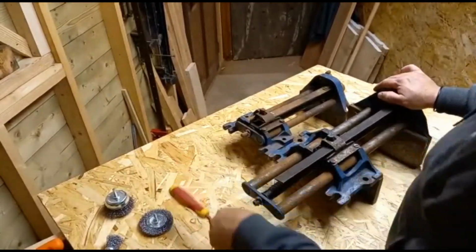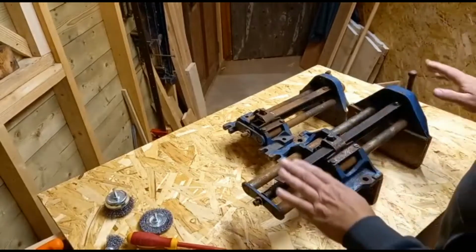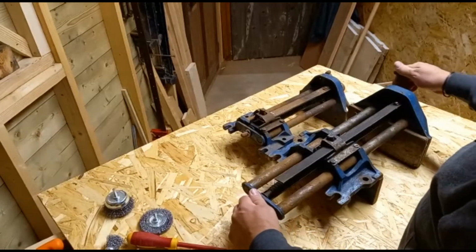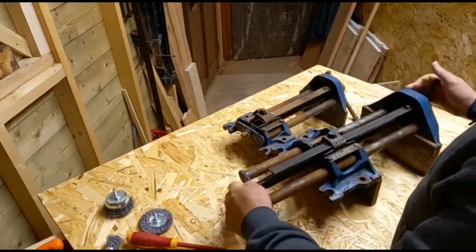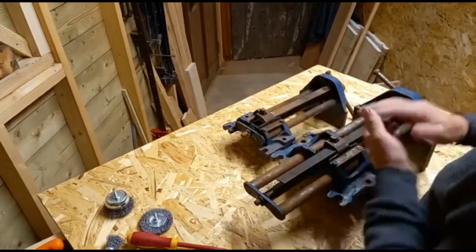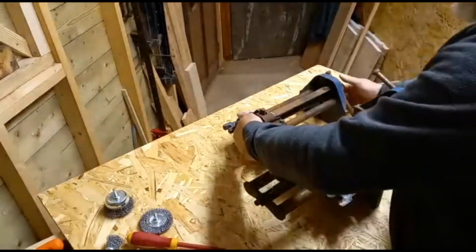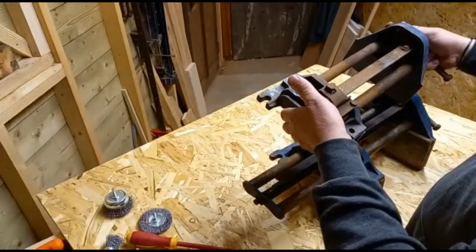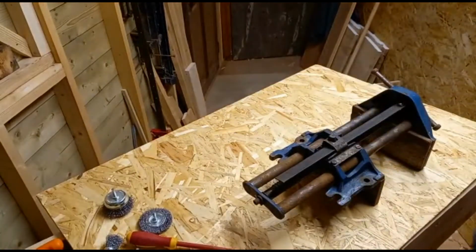So these are the two vises that we're going to restore. More or less a bit of clean up and a bit of oil and a bit of grease. And both mechanisms are identical. So we'll get out the big one